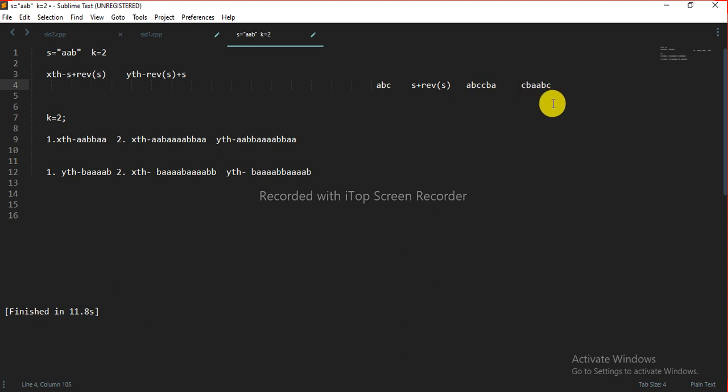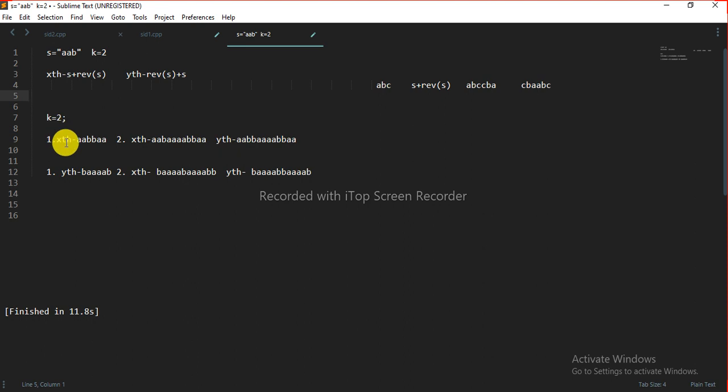Okay, so basically after performing the xth operation and the yth operation on any string, we are getting a palindrome. If we perform any number of operations after this on these two strings, the maximum number of different strings we can get is two only, because one string we will get from this string and one string from this string, and the rest of the strings will basically be the same strings only. The strings will repeat after that.